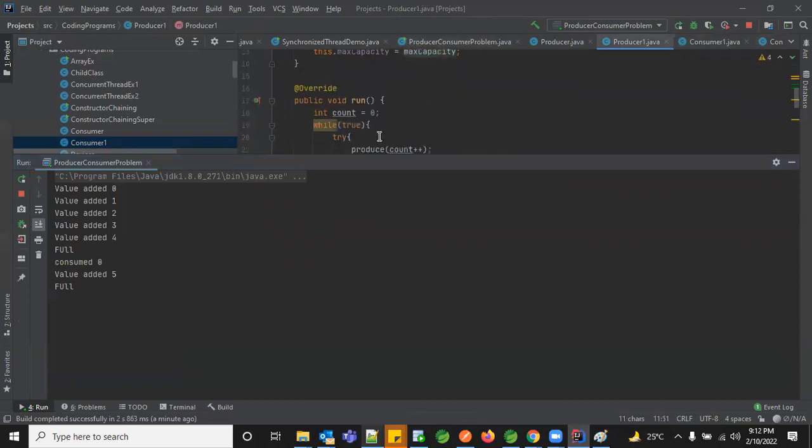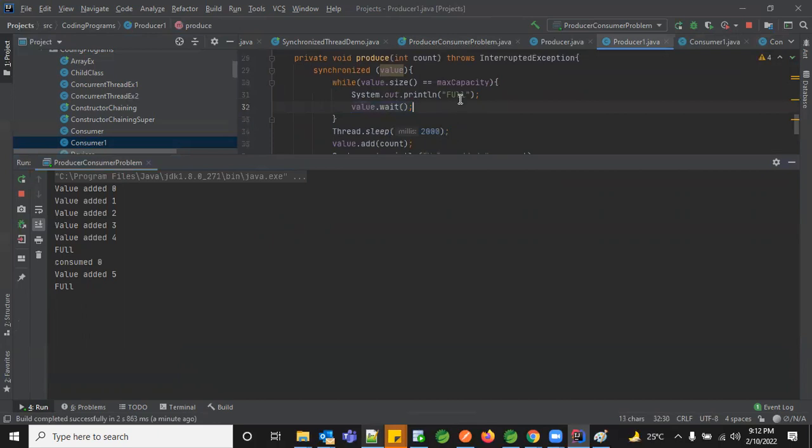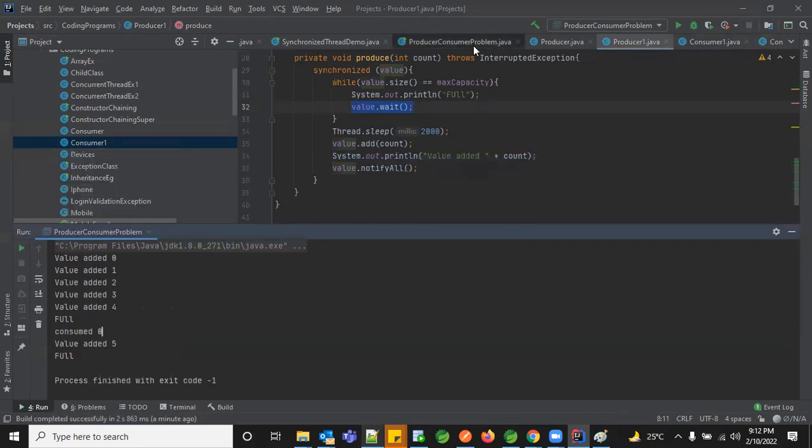Because you gave control whenever the data is equal to the maximum capacity, which I gave as 5. So it is waiting, nothing happened. Whenever it came back, it consumed, but it is waiting for a long time, so we won't end up in the situation of interruption.